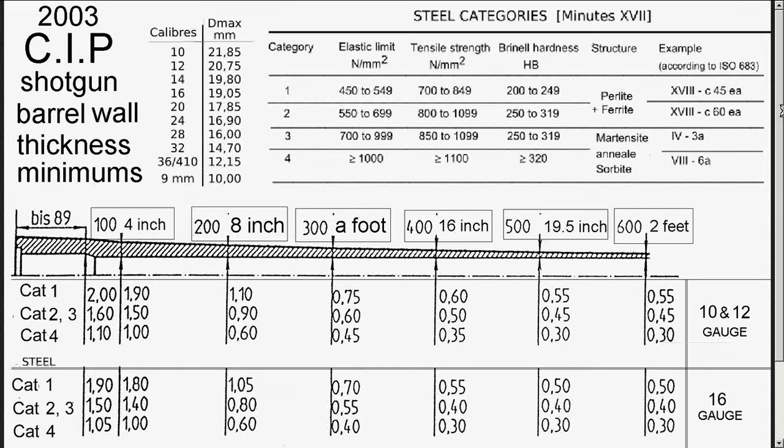About materials science, but we're going to be using something that stresses materials very much. Shotgun shells. Barrel wall thickness minimums according to CIP as of 2003. This included a bunch of data for calibers, and it also used these test criteria. Having the inner diameter bore for the different shotgun shells be probably out of spec, but in this case 12 gauge shotgun shell at